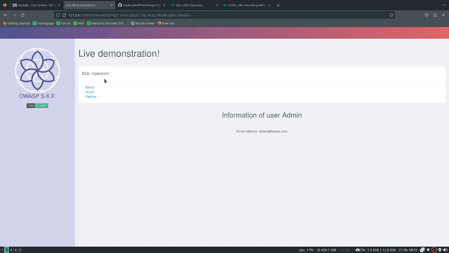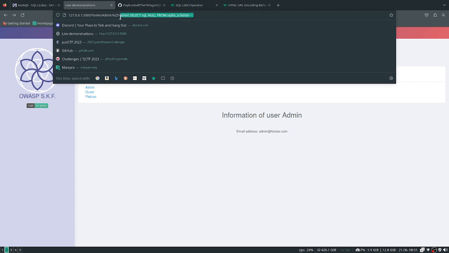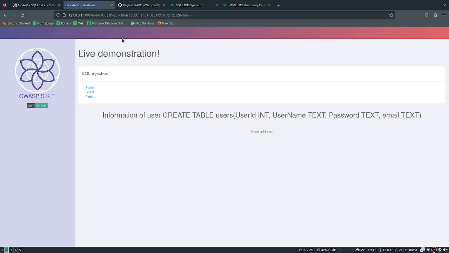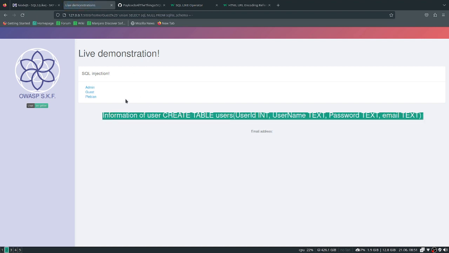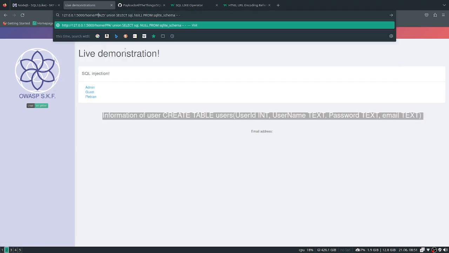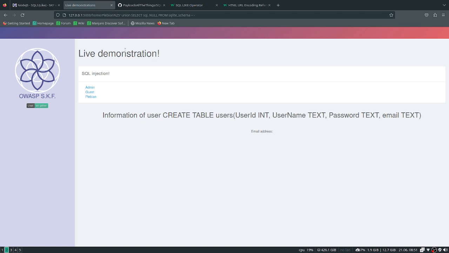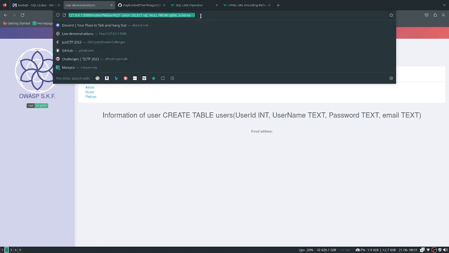Information of user. What would the guest? Oh, okay, that's weird. So it works on guest, but not. Wait, let's see if it works on plebeian. So it does it for these two, but not for the admin one, which is pretty weird. That's something I didn't catch on. But anyway,